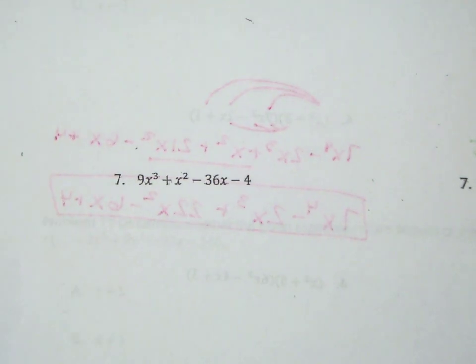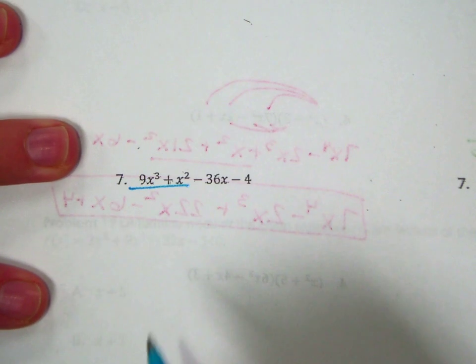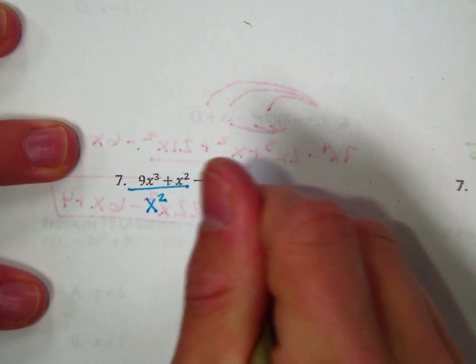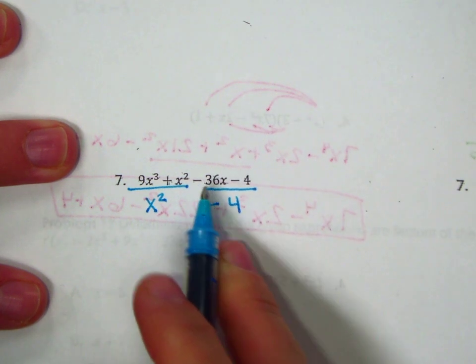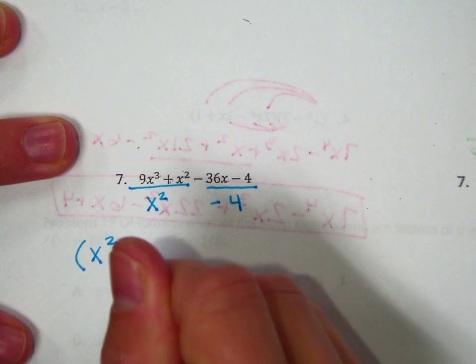All right, number 7 has 4 terms. So if you have 4 terms, you are going to group. So we're going to group these two, and it gives you an x squared as a GCF. You're going to group these two, and we can divide them both by negative 4. Negative because the first guy's negative. All right, so we're going to group the GCFs together,